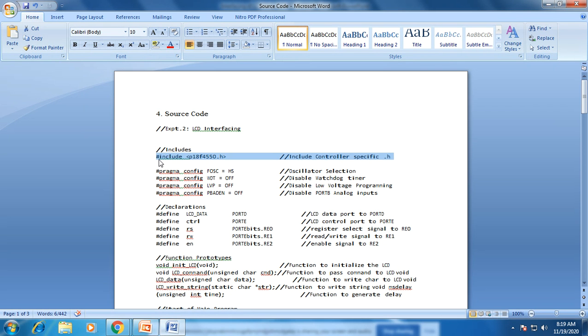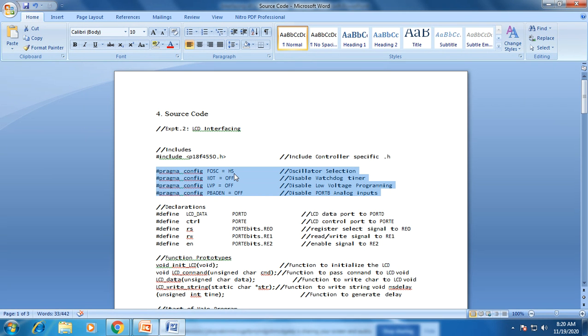For that, we have written the statement #include <pic18f4550.h>, which means the header file is loaded in our program. Throughout the program we will use this particular microcontroller. These are the configuration registers that you need to write values to.